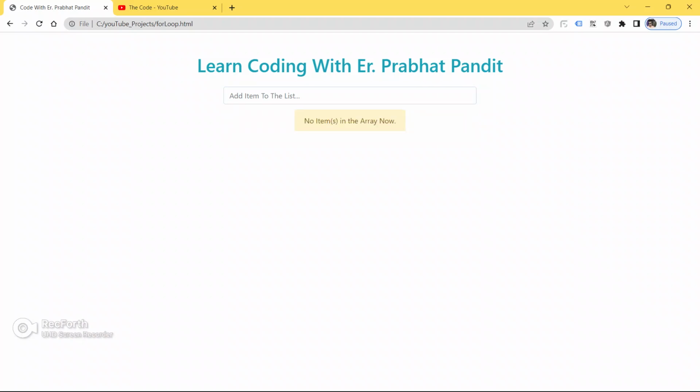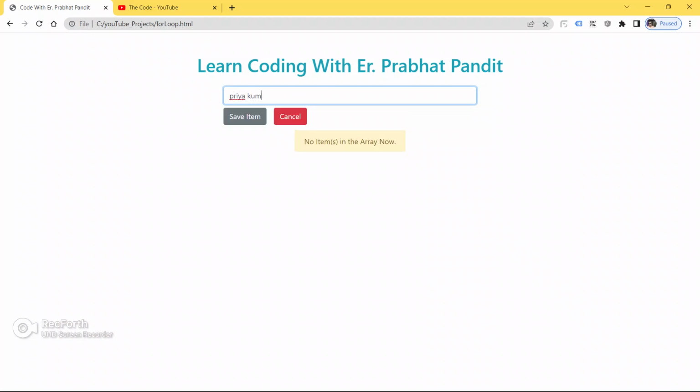Okay, so now let me remove the item from the array. Now we are able to see no item in the array and the input box is also cleaned and we are not able to see buttons also. So let me just put some text here like Deepak Kumar. See, as soon as you start typing in the input box, you will be able to see these 2 buttons, save item and cancel item button. Okay, so I'm gonna click on the button cancel. See, our input box is cleaned and the button also disappeared.